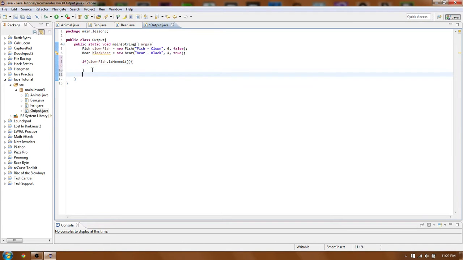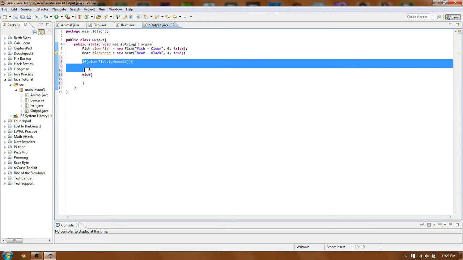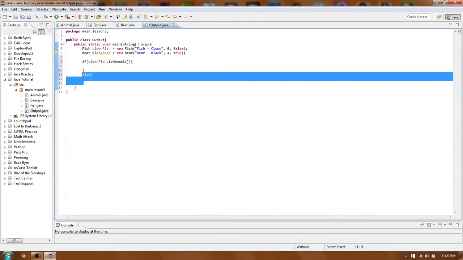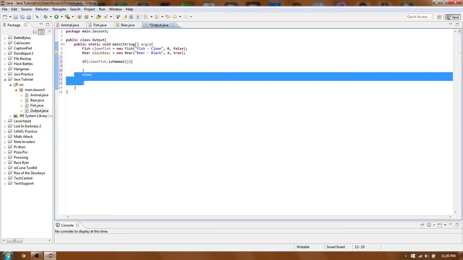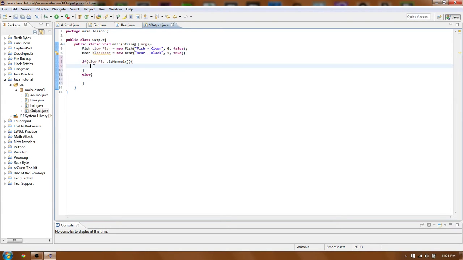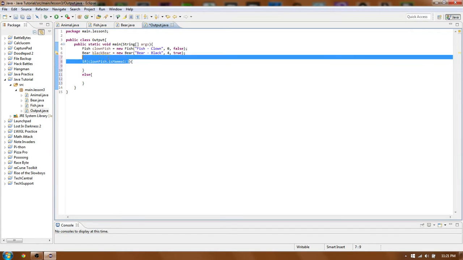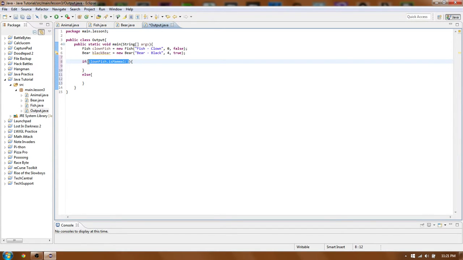We can add an else statement. So if this code is not true and does not run, else is what the code is going to do. If this else statement is not there, it'll just keep on rolling. But in this case, it's going to run the code instead. So it's kind of like a switch. It says, if this is true right here, if the clownFish is mammal returns true, it'll run the code. Now, in this case, if I said,